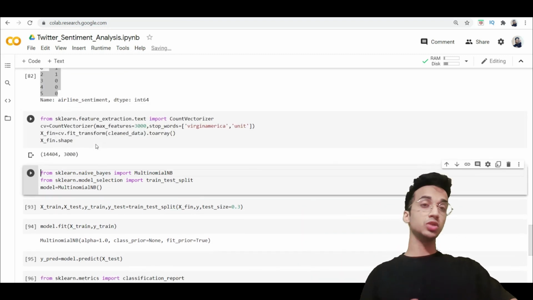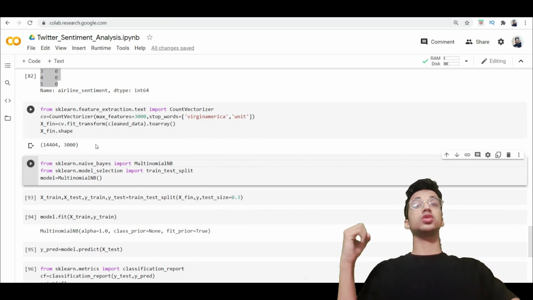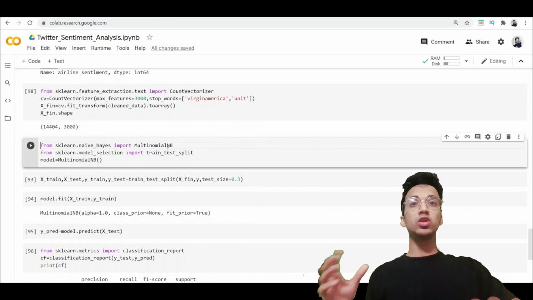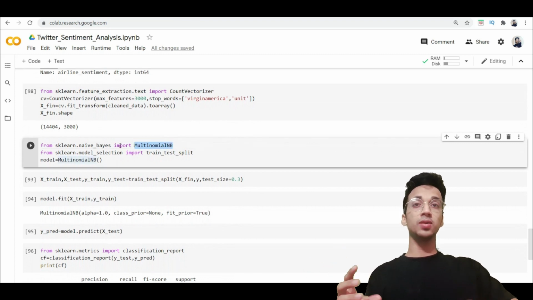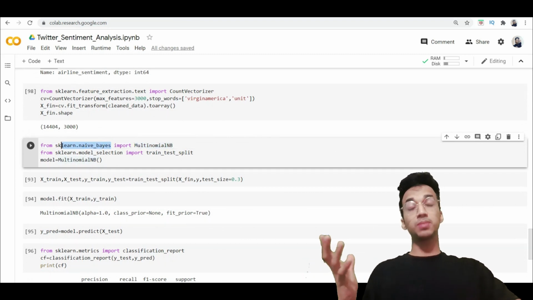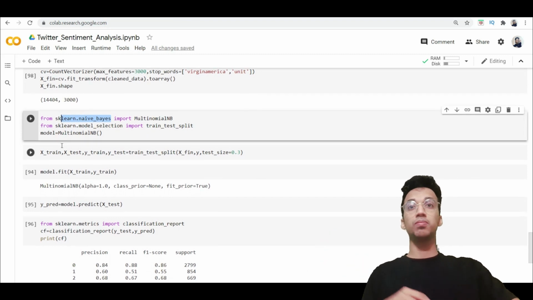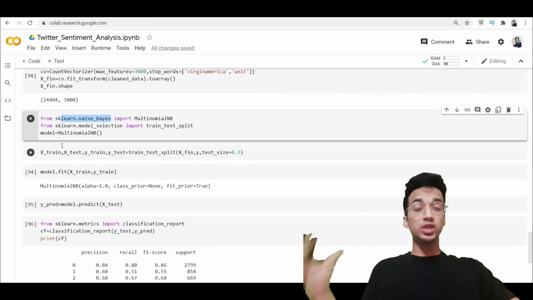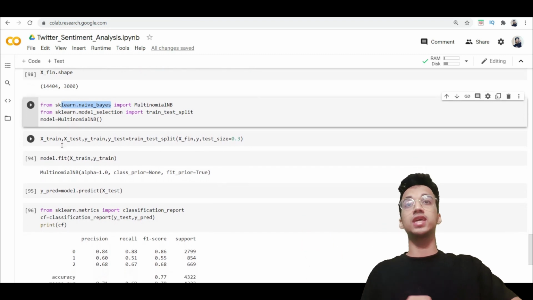We simply have to call the machine learning model which you want to use. We can also use a recurrent neural network, but let's just keep things simple for now. I'm calling the multinomial Naive Bayes function from sklearn. Naive Bayes does surprisingly well in text classification because it's based on probabilities. It's calculating the probability of a sentiment based on the probability of the words. It does well for text classification.